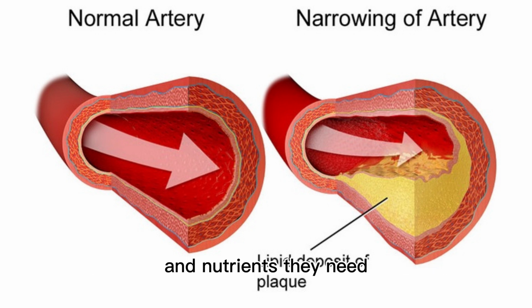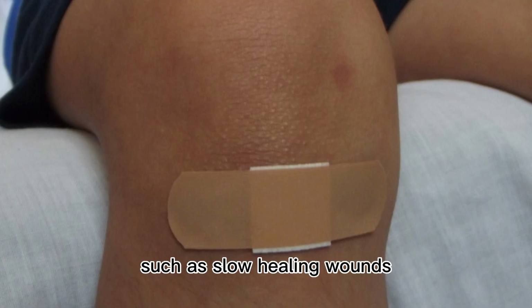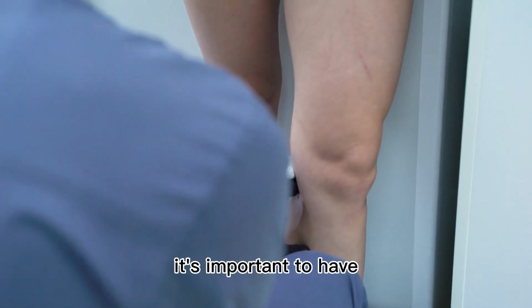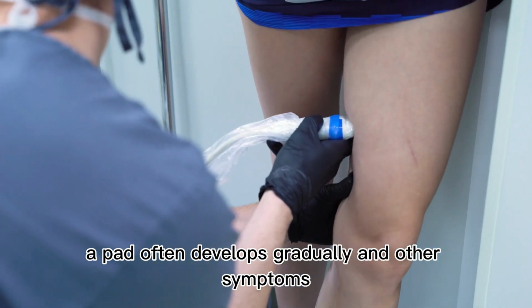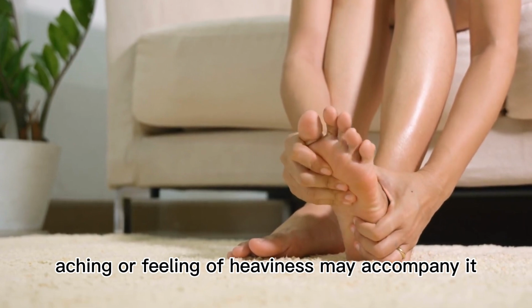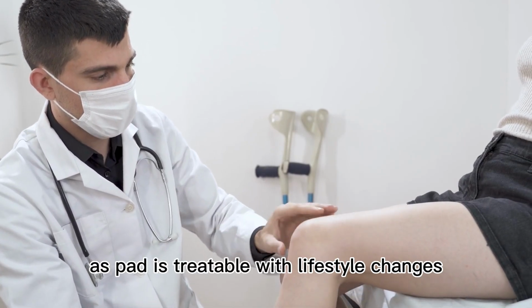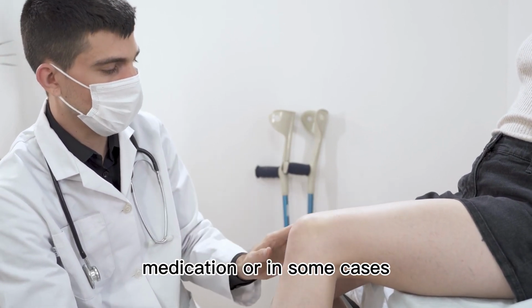and nutrients they need. PAD can lead to serious complications, such as slow-healing wounds, severe leg pain, or even amputation in extreme cases. If you notice hair loss on your legs or feet, it's important to have your circulation checked by a doctor. PAD often develops gradually, and other symptoms, such as leg cramps, aching, or a feeling of heaviness, may accompany it. Early detection is crucial, as PAD is treatable with lifestyle changes, medication, or in some cases, surgical